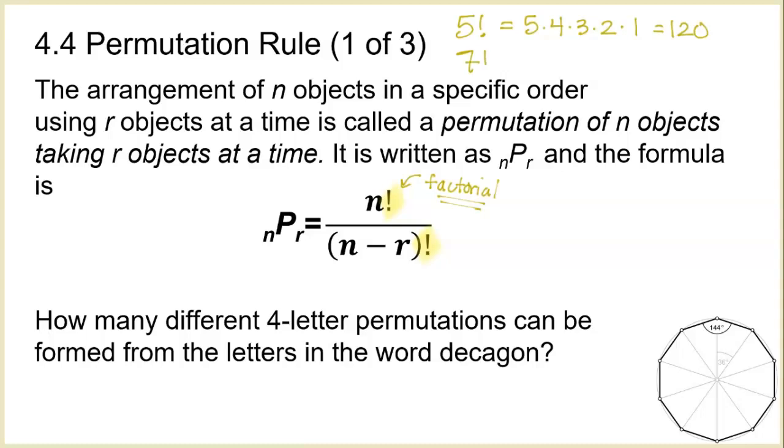So 7 factorial would be 7 times 6 times 5 times 4 times 3 times 2 times 1, which is 5,040. And then you just keep going on. And so the larger this number is, the higher the product, because you're multiplying that number times all the values